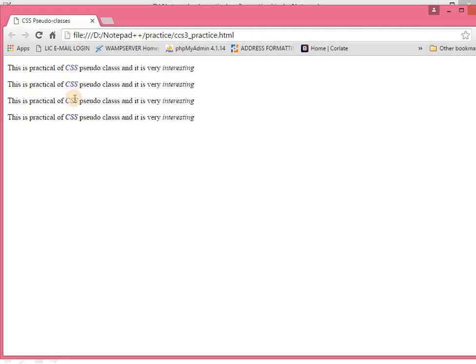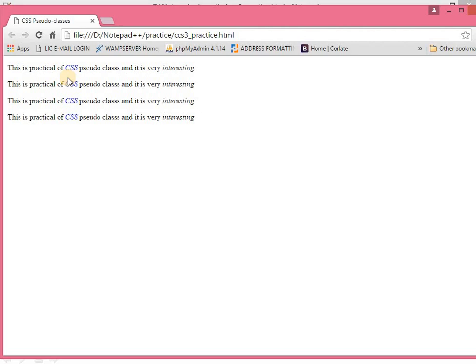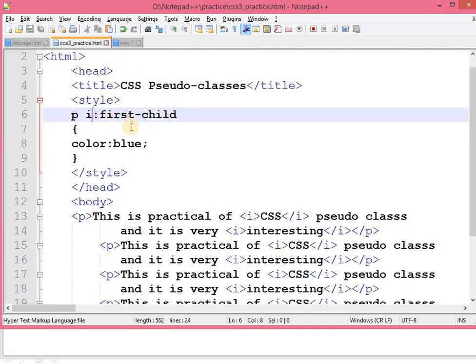You can see that for every paragraph tag and for every first I tag, this style will be applied. Okay, so this is how you get it.